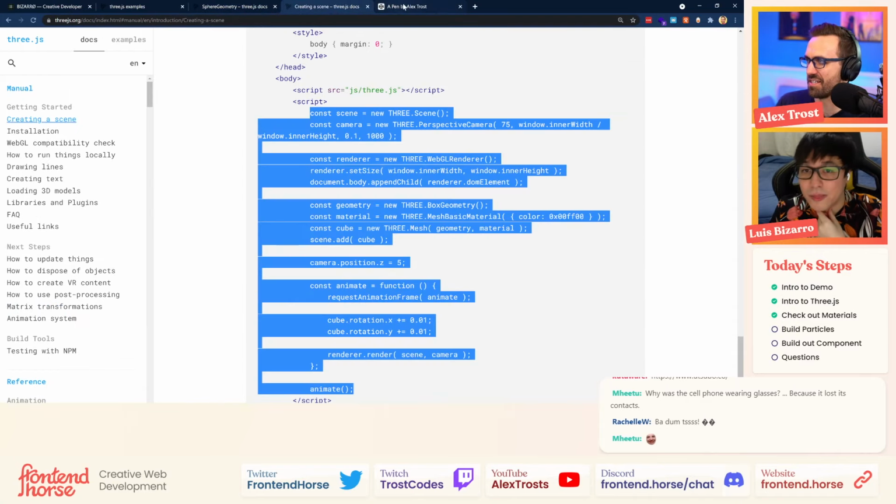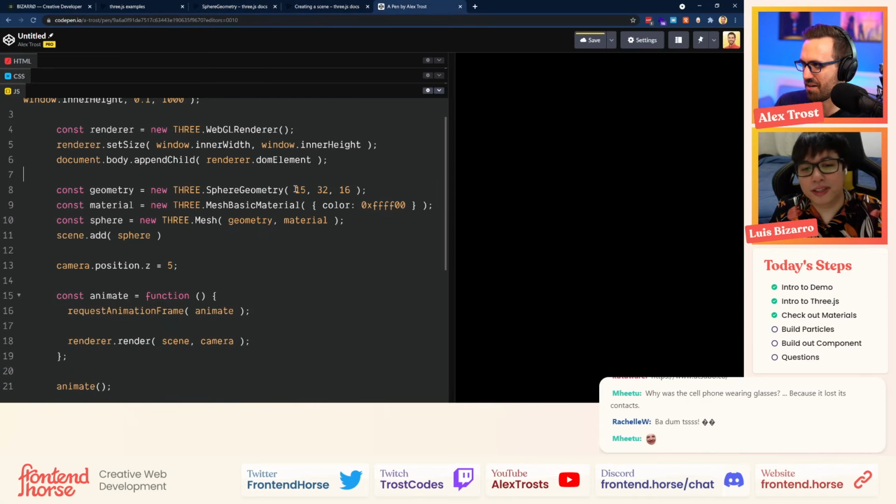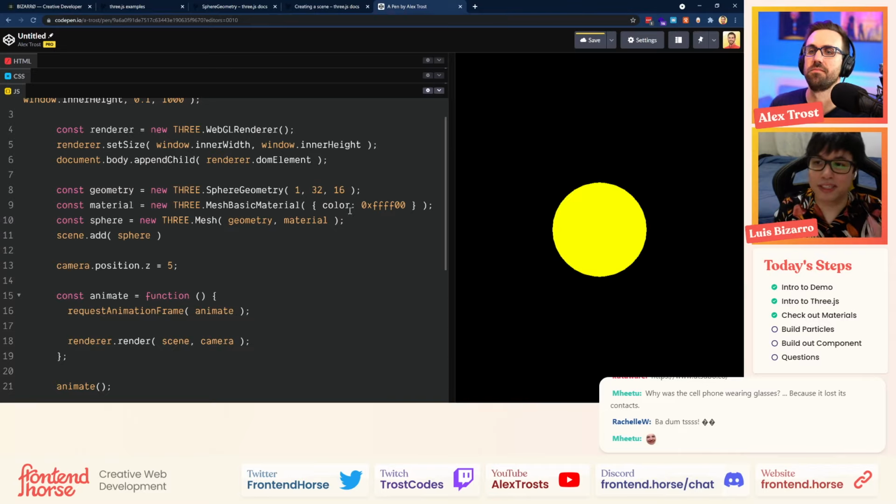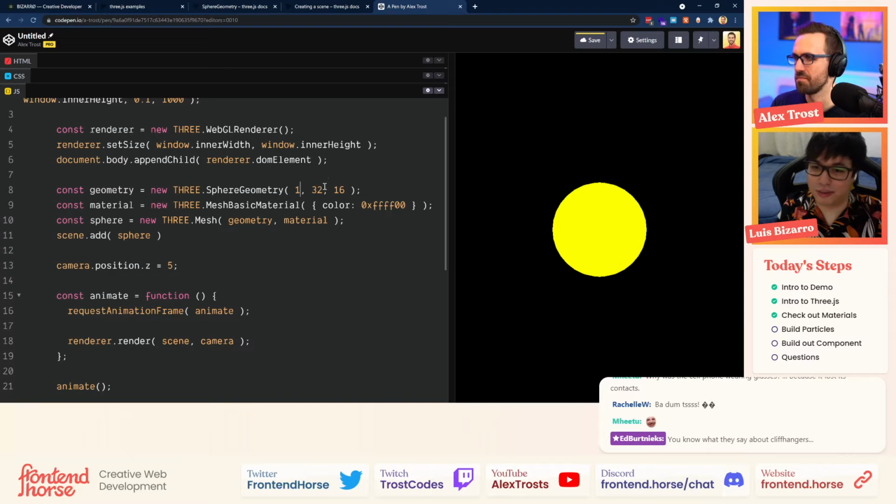Something that is important is to not go that crazy with the amount of vertices that you have, because that impacts the performance of the application. So we went 30 and 30, you said? Yeah, 30 and 30. Sounds good. So I dropped it down to one this way so you can see it.